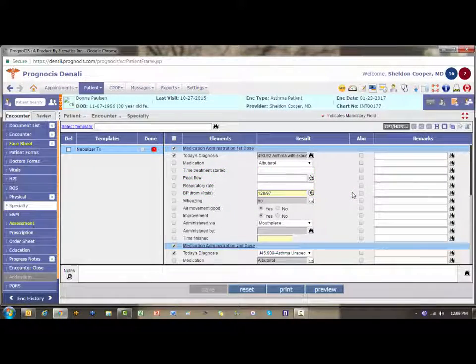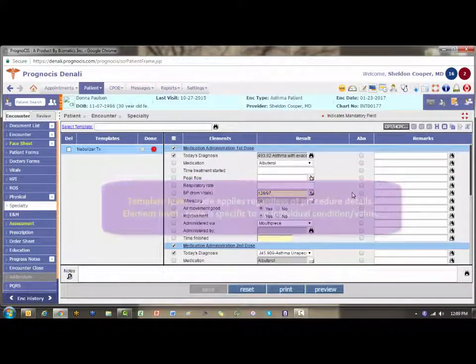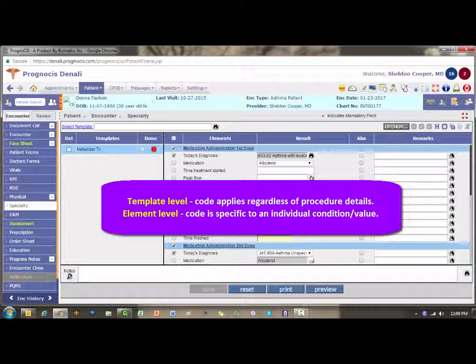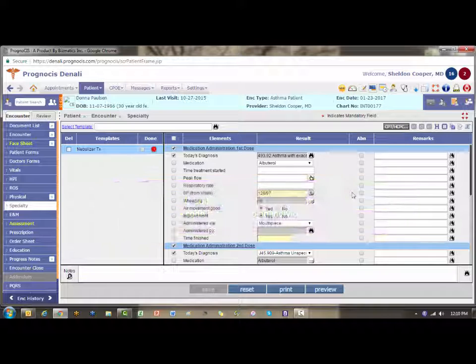What we just covered up above was overall to the entire template, such as a procedure where regardless of the details of the procedure it's still the same code. Sometimes, however, you need to be granular to the result level, such as the specific medication. There's going to be a different J code for each one. Or in the case of DME, there might be a different supply code for each piece of equipment used during